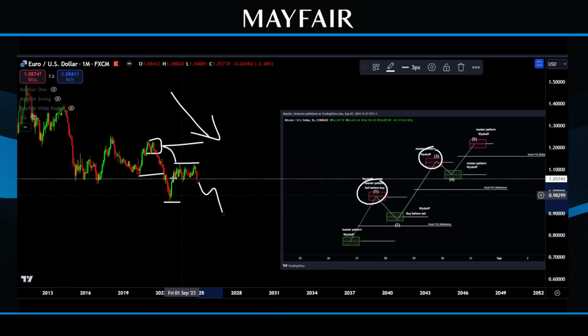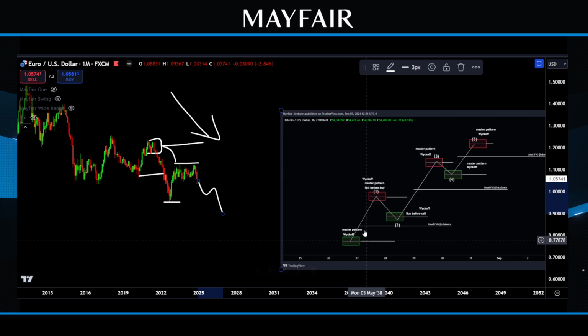I'm using the logic in terms of 2 to the left, 2 to the right. I'm using the supply. I'm using the demand. These are where all these things kind of start coming together. Now, what I want to be doing is looking at the Wyckoff and the master patterns, right, in terms of